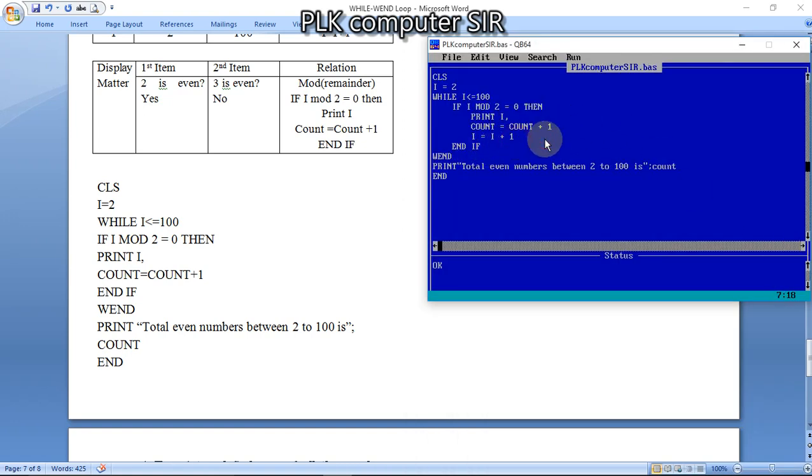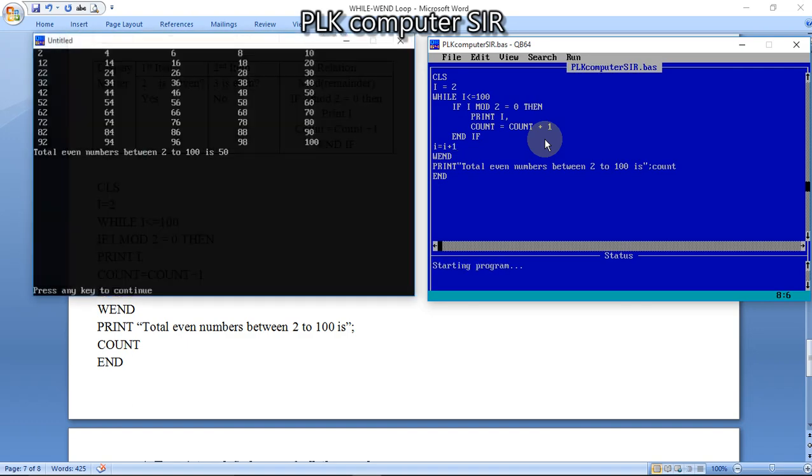This loop counter I have written in the block of code. So after the block of code only I have to increase the value of I. Now we can get the correct result.